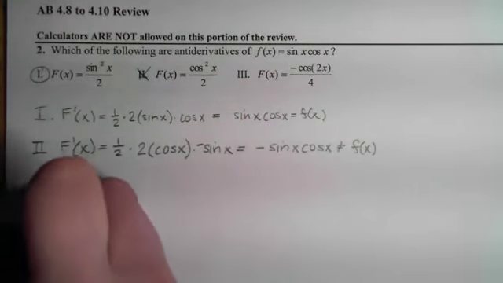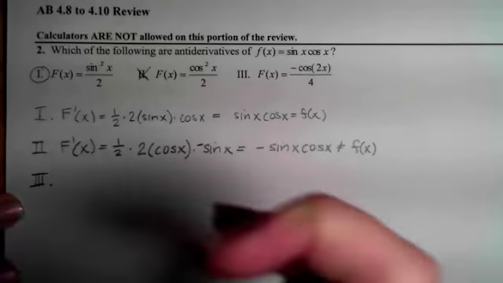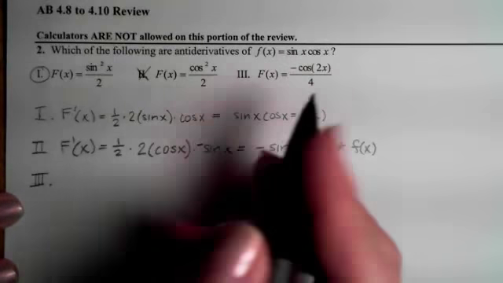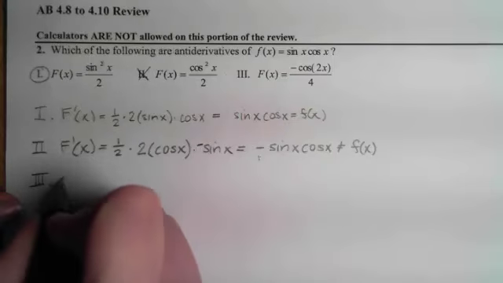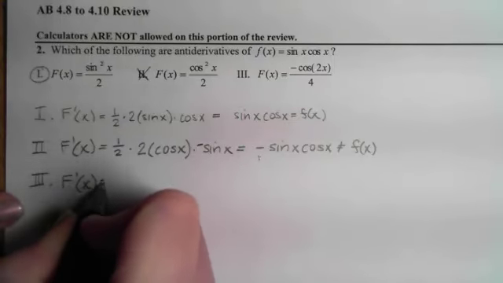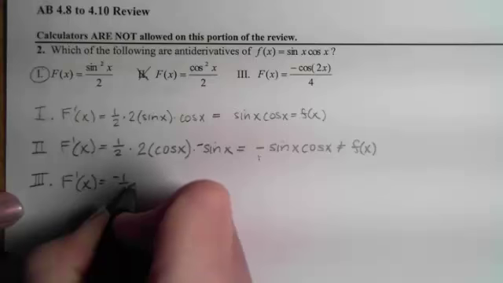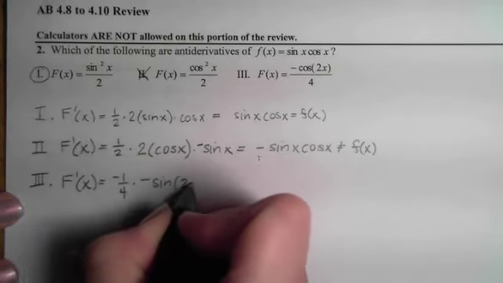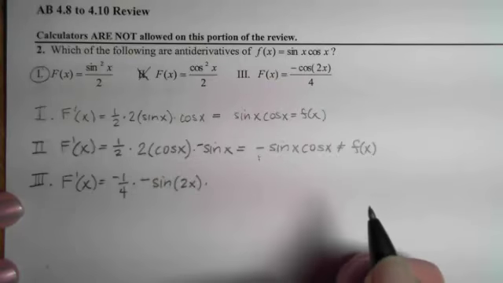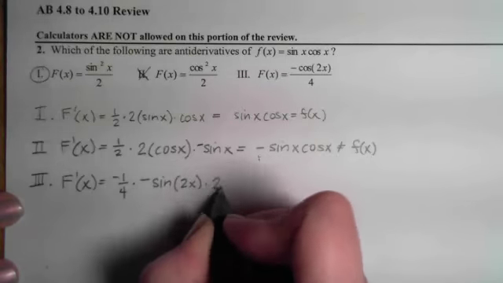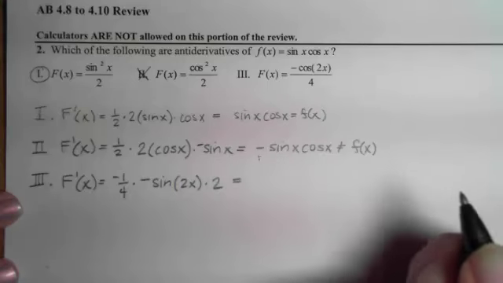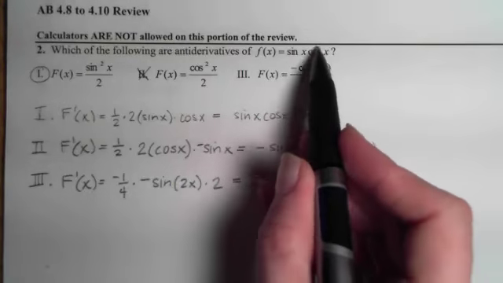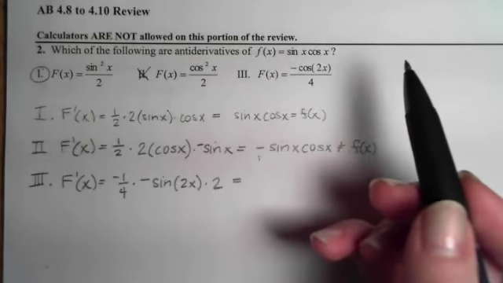Roman numeral 3 is the one that tends to trip people up. If we look at this, we have a 1/4 that is negative. Then we hit the cosine, which will be a negative sine of the inside unchanged times the derivative of the inside. Well, at first glance, this does not look the same as this one up here, as little f, but